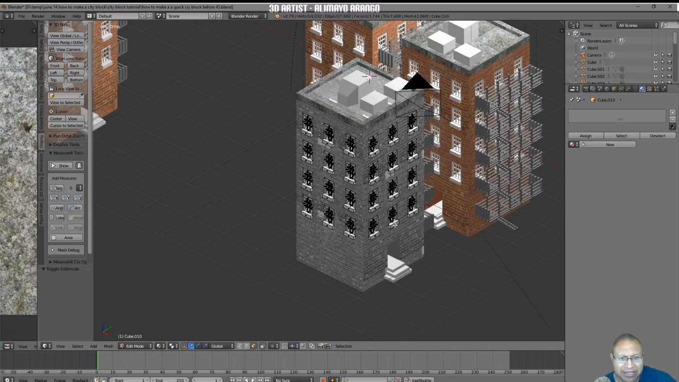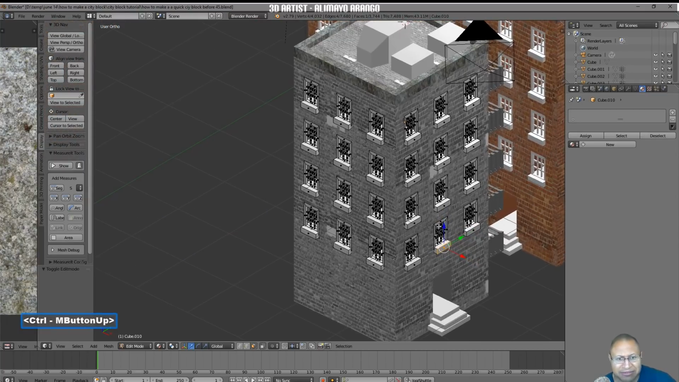I'm on face select. I'm selecting one of the faces of the windowsill. I'm going to hold control and the middle mouse button to zoom in. Control and the middle mouse button zooms in very smoothly compared to just rolling the mouse wheel. This thing I'm about to show you works best when you select a face that's facing where these steps are at. So with this selected,